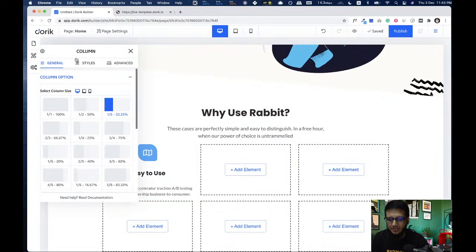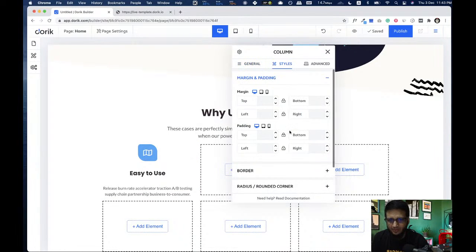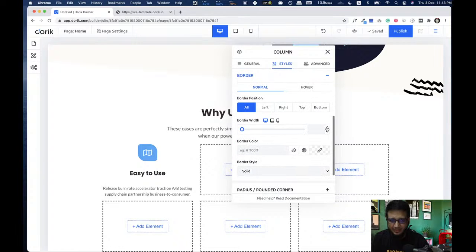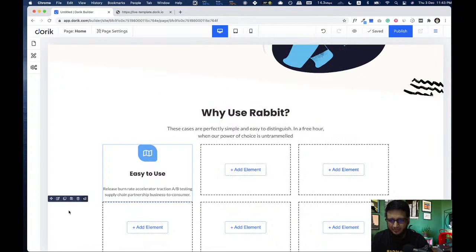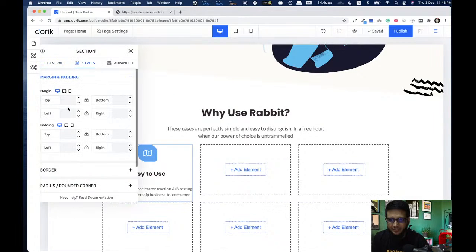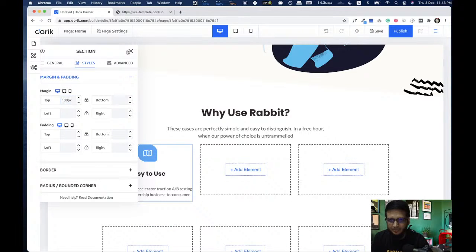Now come here, I'm gonna add one border first. So let's see, 2 pixel, and I'm gonna give it this color, and okay, so I'm gonna add this section, move it a little bit bottom. Okay, so here it is.